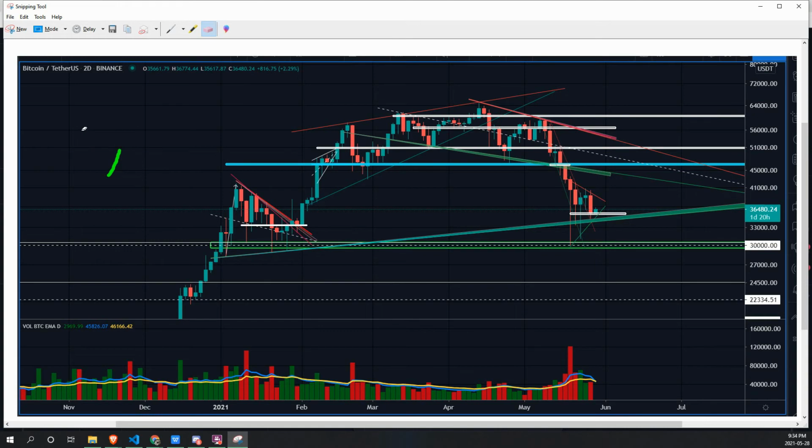I don't think that the bull run is over. Looking at the price action, looking at the altcoins that we will look at a little bit later in this video, in my opinion, we are still very well ahead in this BTC and cryptocurrency bull run. It just takes a little bit of patience.